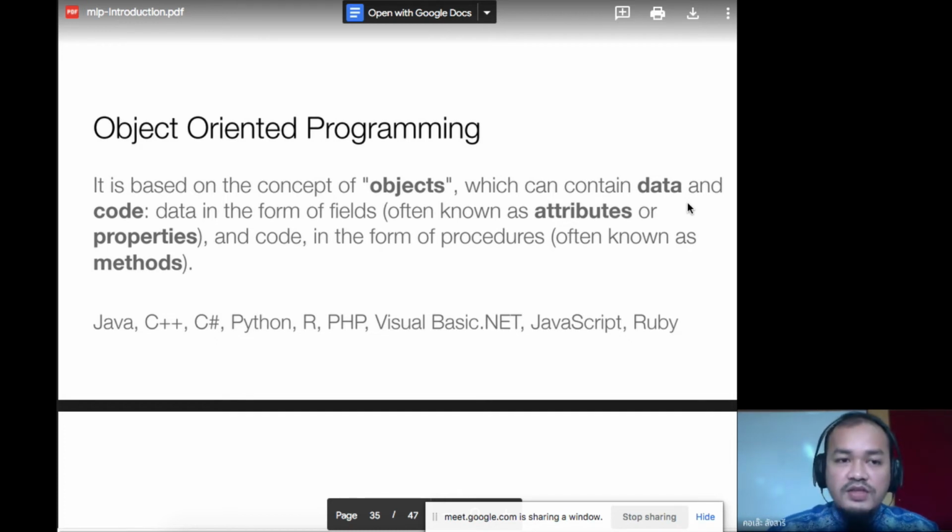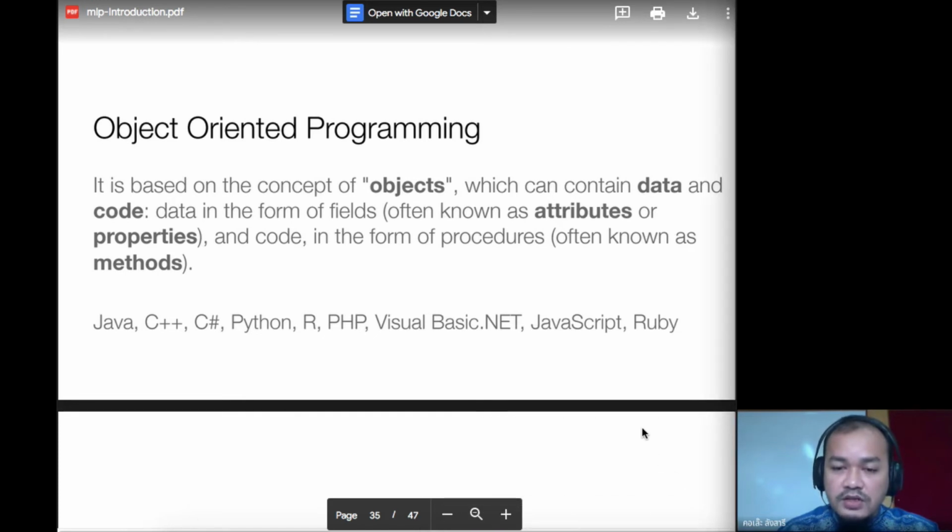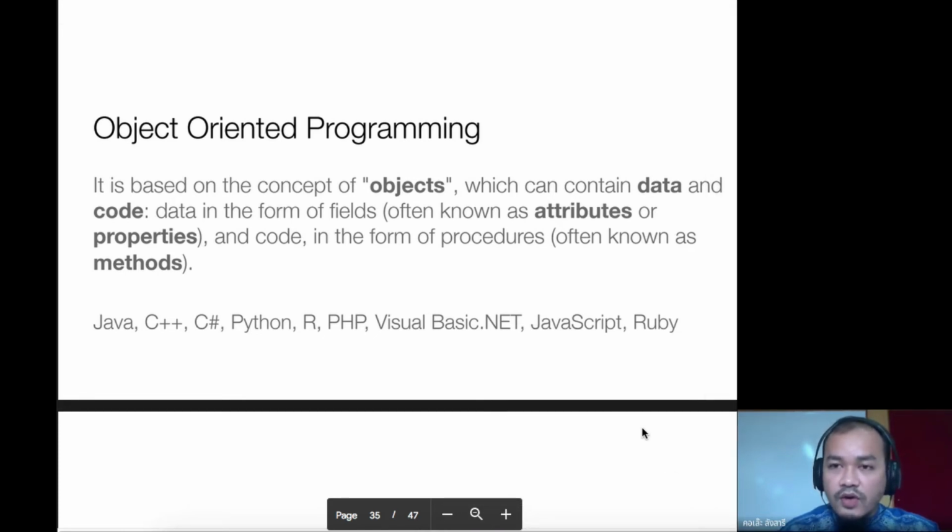This is the main thing because much code nowadays is written using object-oriented programming, especially for projects that need high management in terms of coding. When code becomes more complex, bigger and bigger,